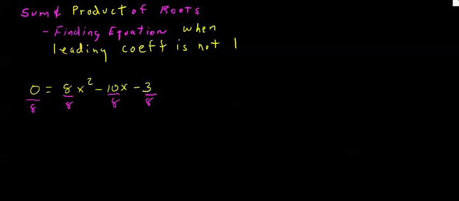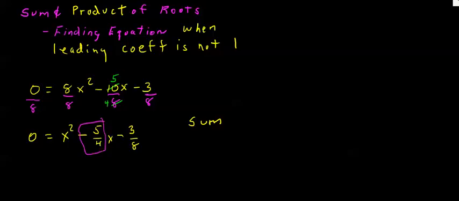So my equation ends up being 0 divided by 8 is 0, equals x squared minus, and I need to reduce the fraction, 5 and 4, minus 5/4 x minus 3/8. And then just like yesterday, the sum is the opposite of this number, the opposite of that number,